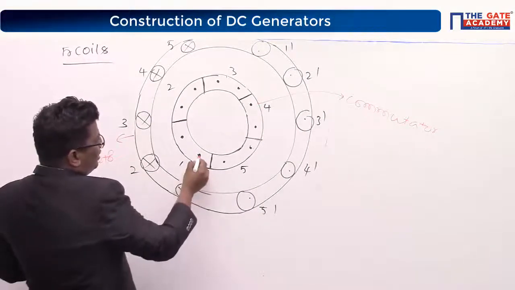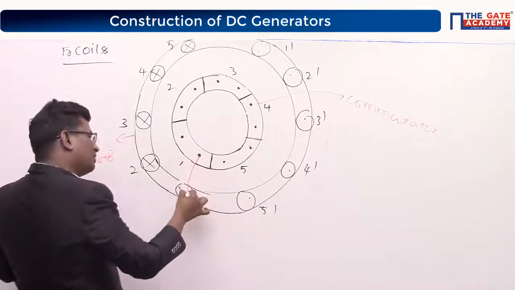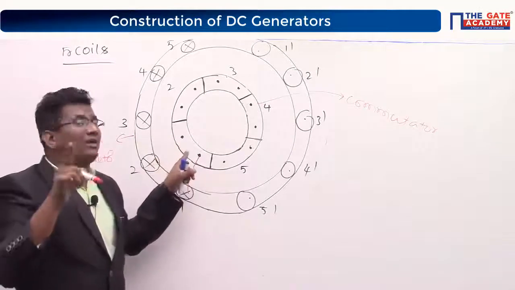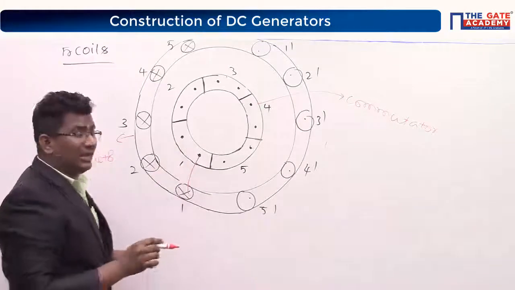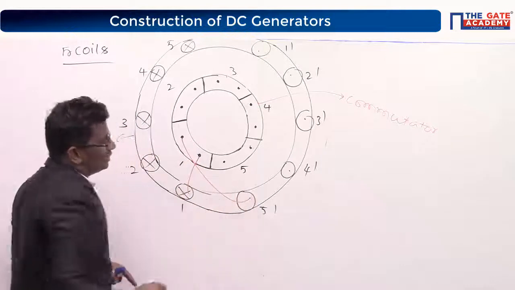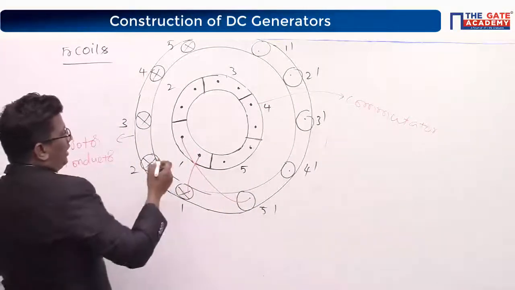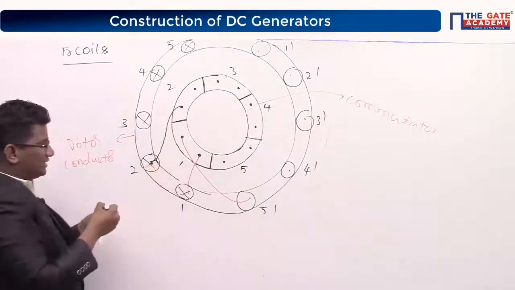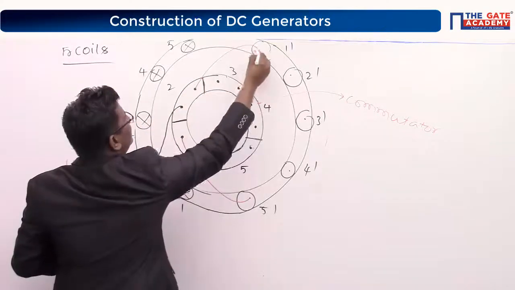Look at the board, everybody. This one end connection is connected to 1. The same connection should not belong to the same coil, right? This connection should not be the same coil. It should be its adjacent coil conductor. It means, can I say this one only? 2 is connected to 2. Now 1 dash is connected to what? This one only, na?